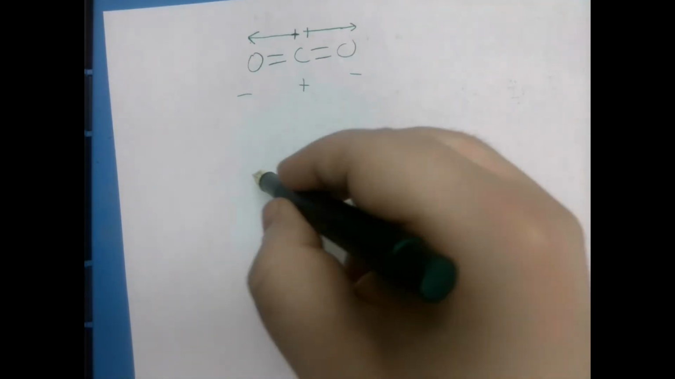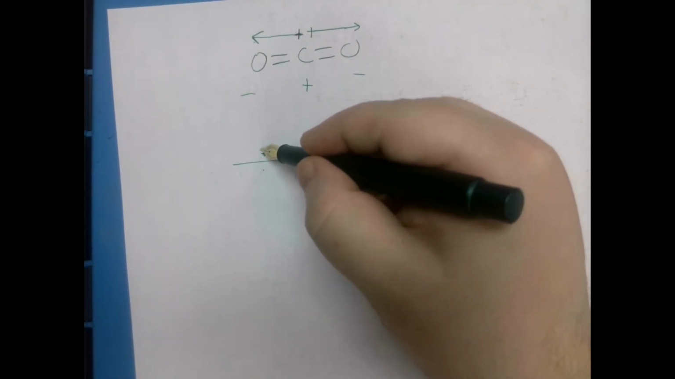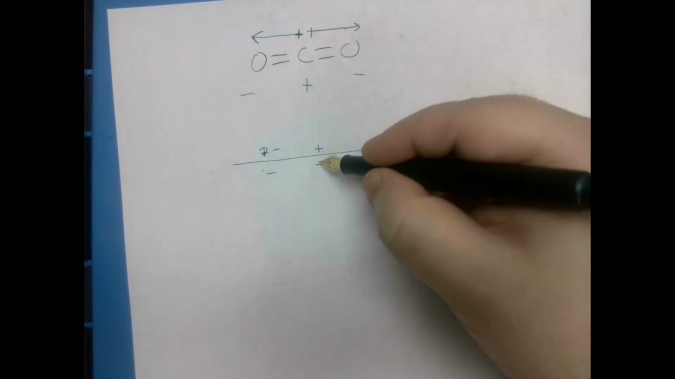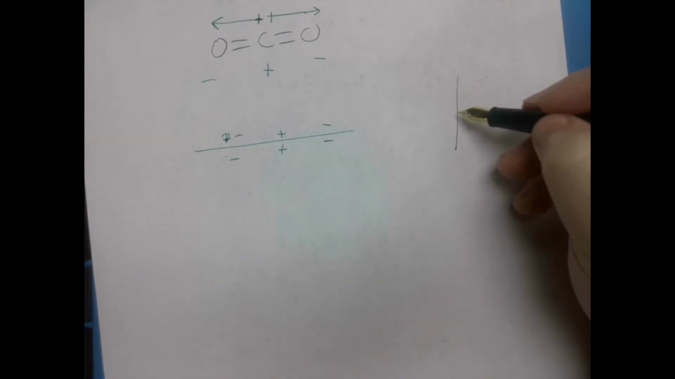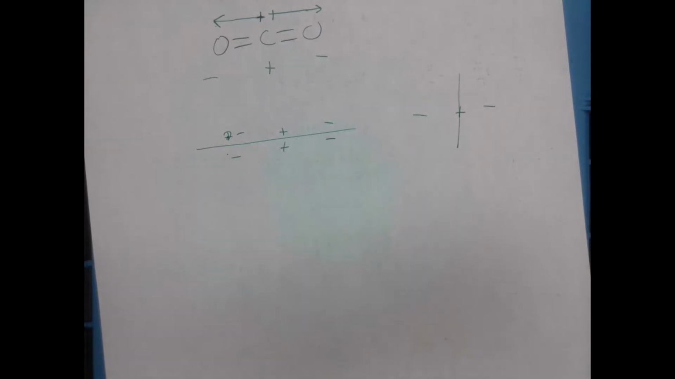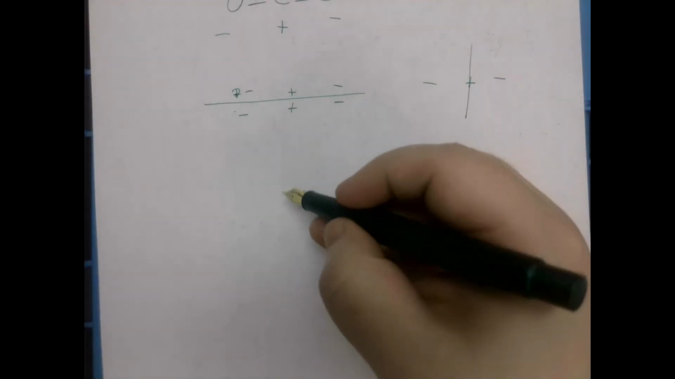If you cut this in half this way, we still have positive, negative, positive, negative, like that. And if we cut it down this way, we have the positive in the middle and negative like that. It's all symmetric. There's no way I can cut this and have one side that is completely different from the other. But if I look at water,